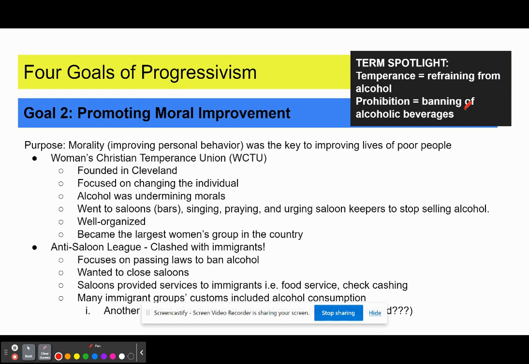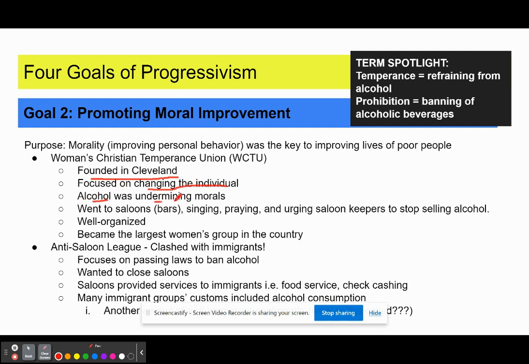So the Women's Christian Temperance Union, they were founded in Cleveland in 1874. So go us. So we were all about at that time, or at least the women were, banning alcohol in Cleveland. And what happened here was they focused on changing the individual, and they felt that, again, alcohol is undermining morals. So you want to put a shout out to Cleveland in your notes, and you're going to change the individual,